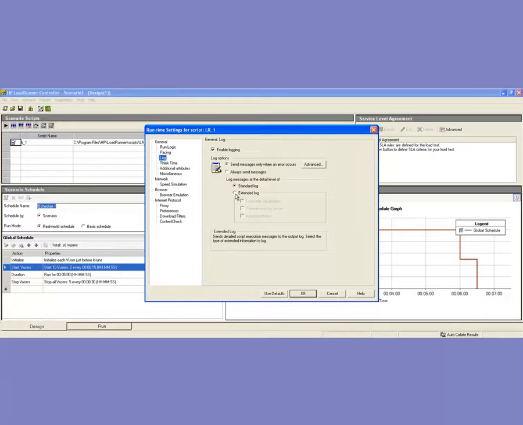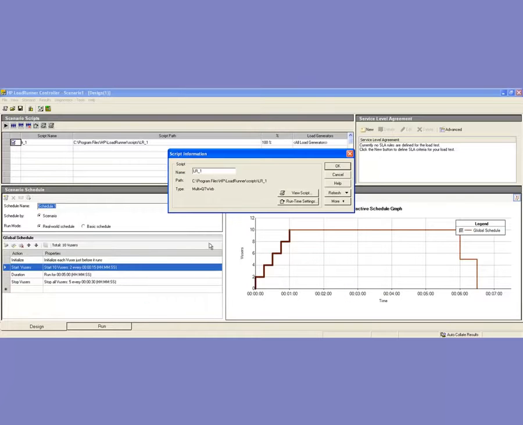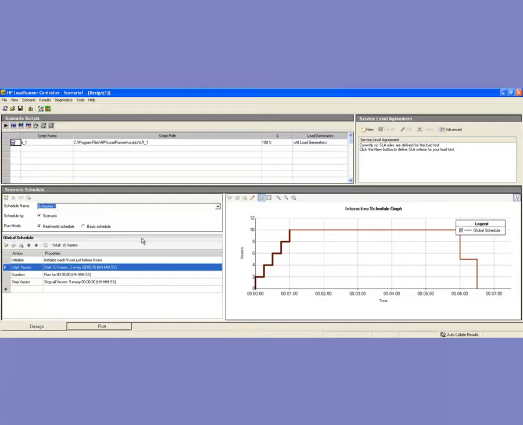You might want to use the extended logs because that will give you all the details and information of the parameter substitution and all that, if you have used it. So that will be shown there. So that's basically what all the runtime settings are concerned with. Now we have to go and basically